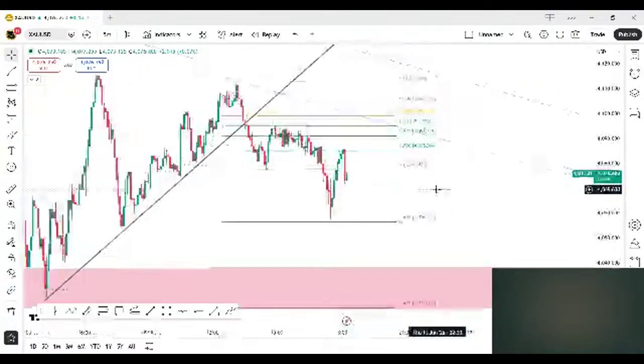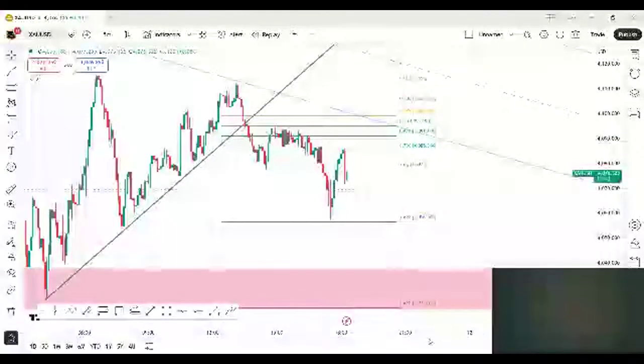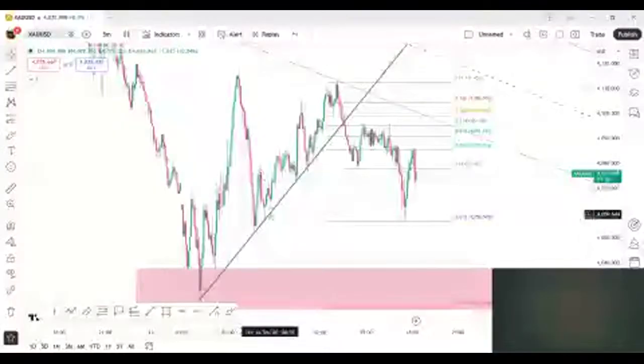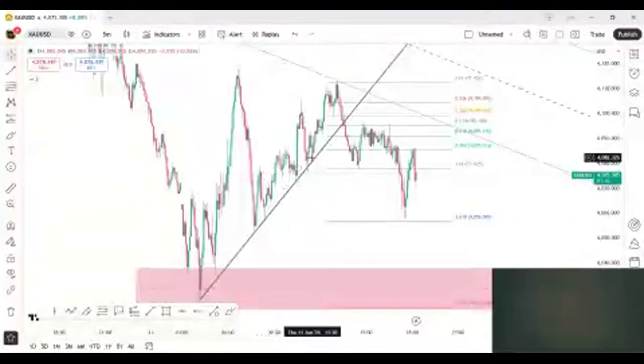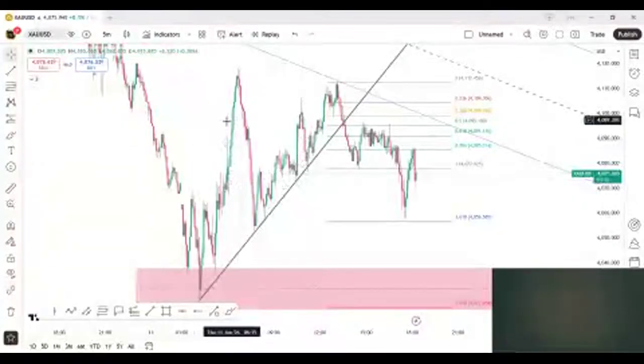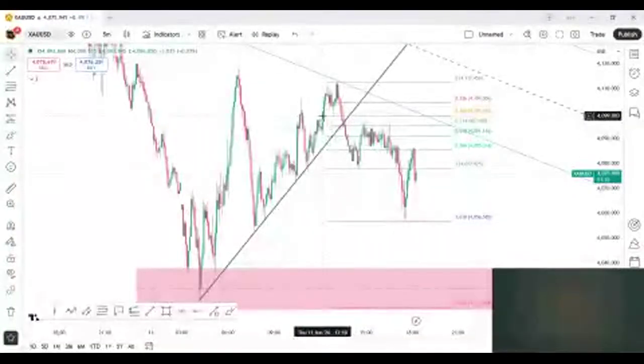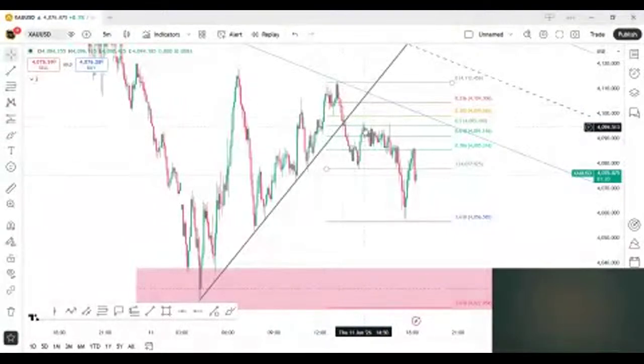Why can we look for the small buying setups? The reason is clear: on the smaller time frame chart we were in a beautiful buying trend. There was strong momentum and strong volume, but at this area the volume becomes less. So that's why the market shifted its movement from the buy towards the sell. But right now, here we got the clear momentum.